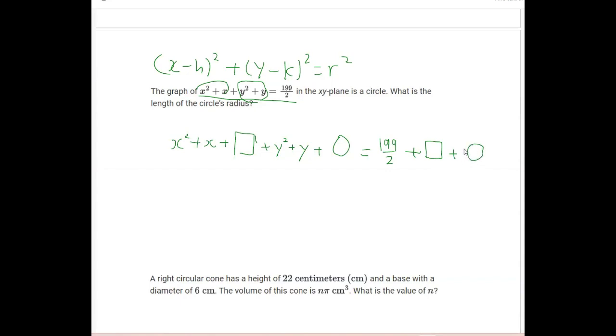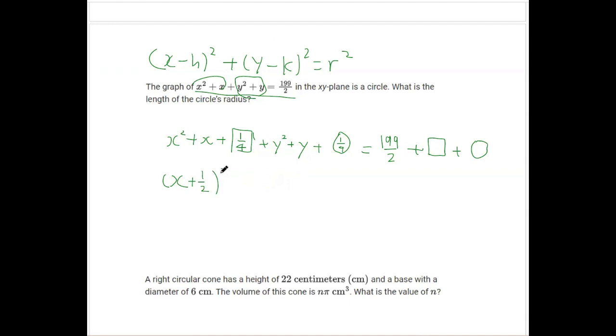Okay? So if I put 1 over 4 here, and don't forget to add,